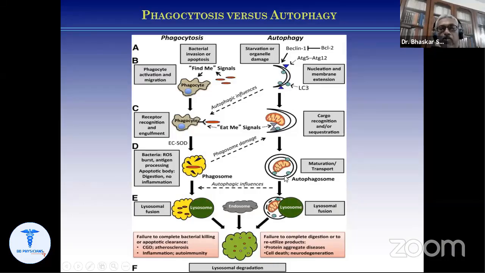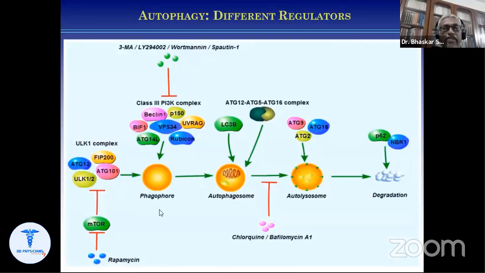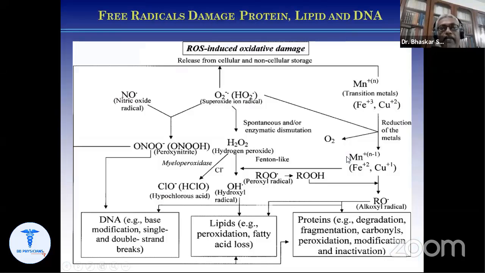So this has a strong similarity with phagocytosis, the way it is done, but in autophagy the infected cells can kill themselves, can destroy themselves, so that with this the pathogen is also destroyed. So these are many different proteins you can see here, which execute this autophagy. And the other mechanism of the innate immune system is the induction of reactive oxygen species, which